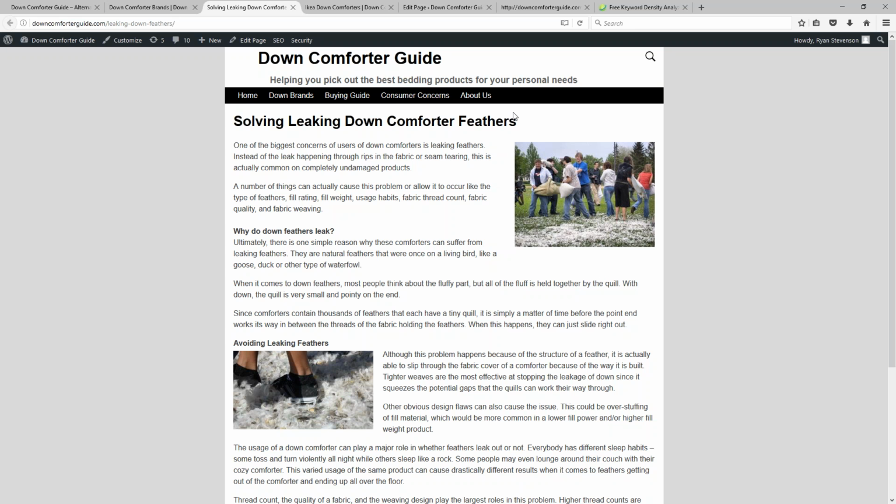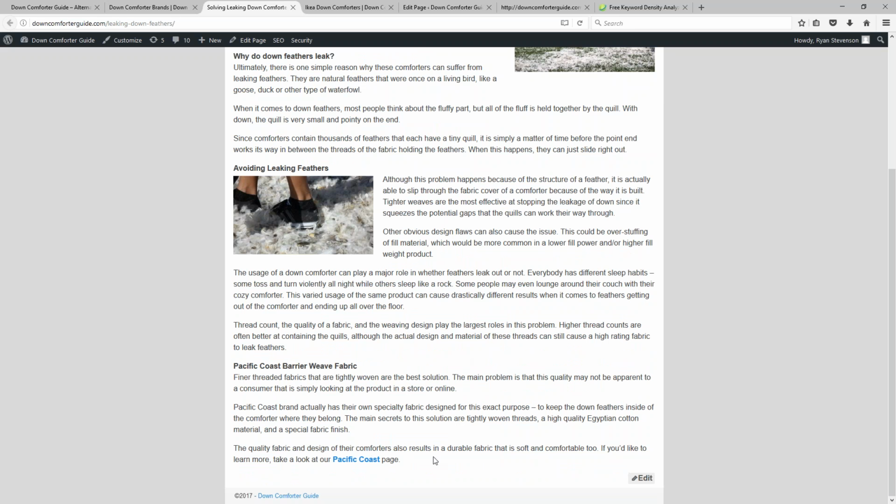But when you get them to land on a page, you know something about your reader. And so use that to your advantage. Based on what you know about the reader, what would be the best place to send them next? Whether it's another page on your site, whether it's trying to get them to click an affiliate ad or something of that nature, it doesn't matter as long as there is a purpose to the writing and you're trying to get your readers to continue to that next step, essentially.